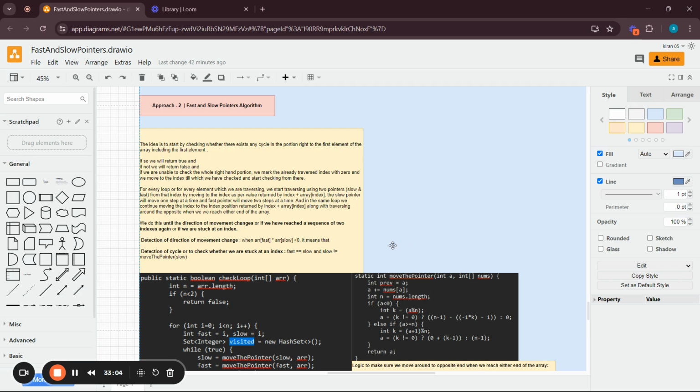We start by checking whether there exists a cycle in the right hand portion of the first element of the given array, including the first element. So we'll be returning true. If not, we'll be returning false. If we are unable to check the whole right hand portion, we'll be marking the already visited indexes with 0, and we'll move to the index till which we have checked and start checking from there. So to do that,